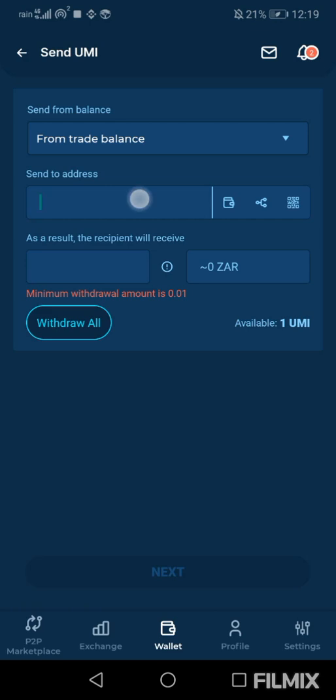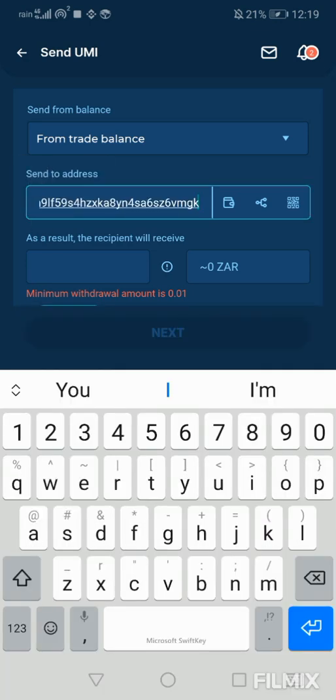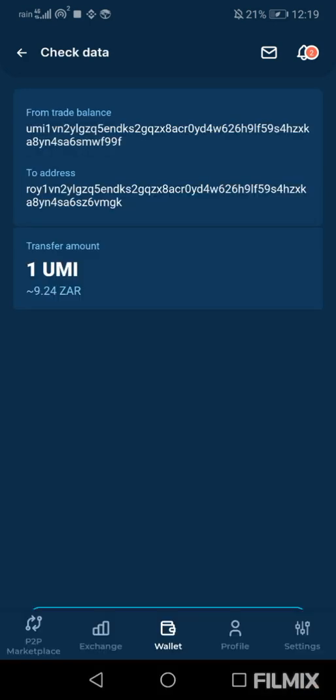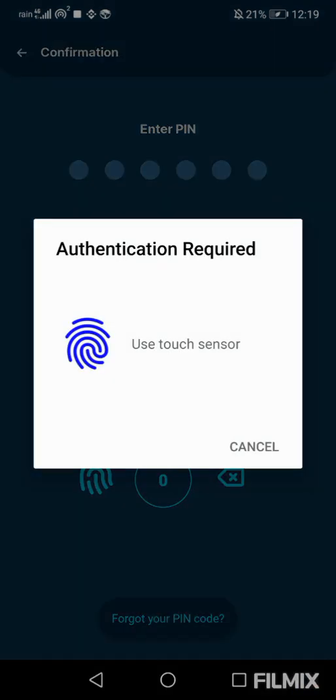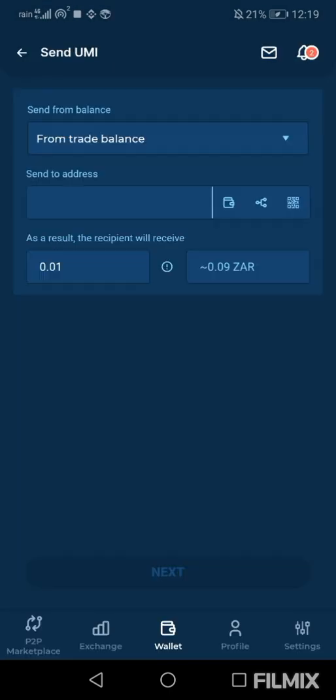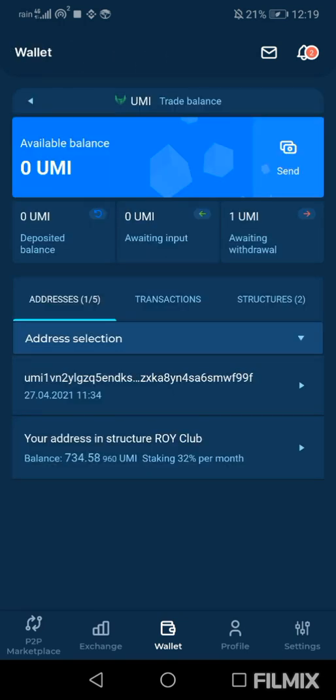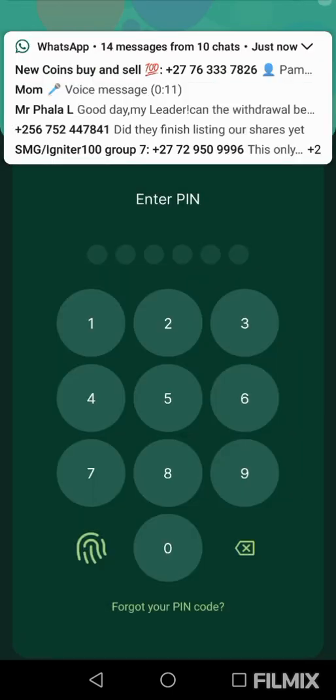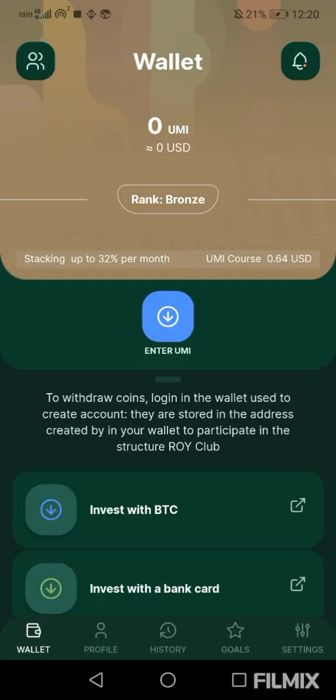You click on send, you paste. You can click here and say withdraw, say next, withdraw, and your password. Close and go back. Now you need to go back to your Roid Club. In Roid Club, you can see we have